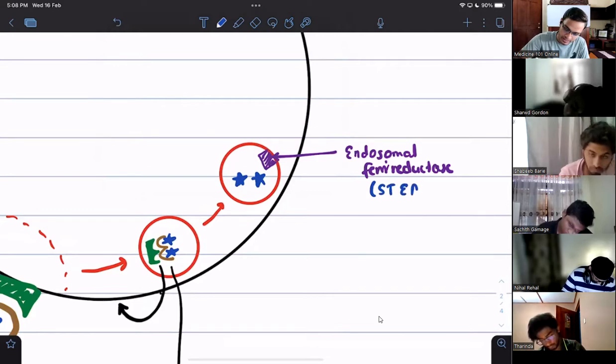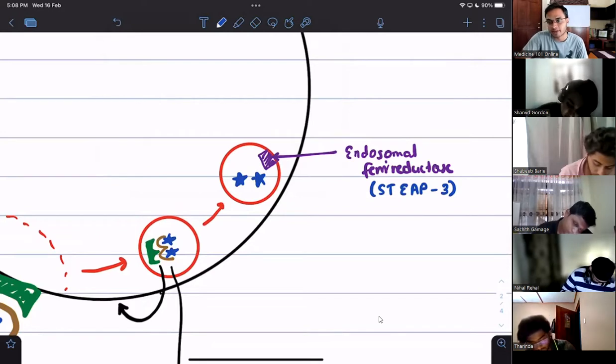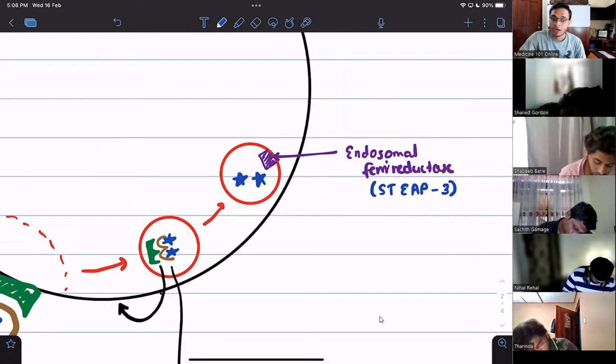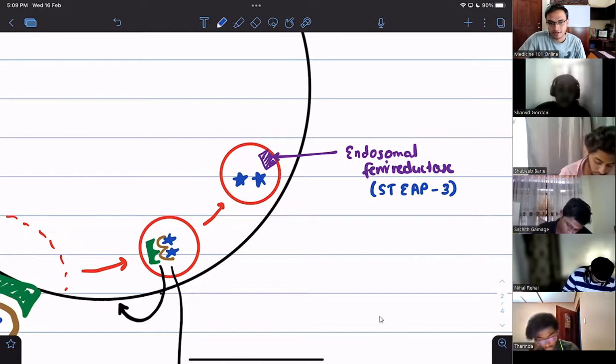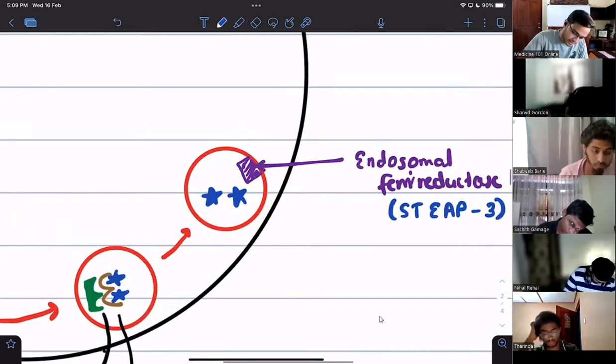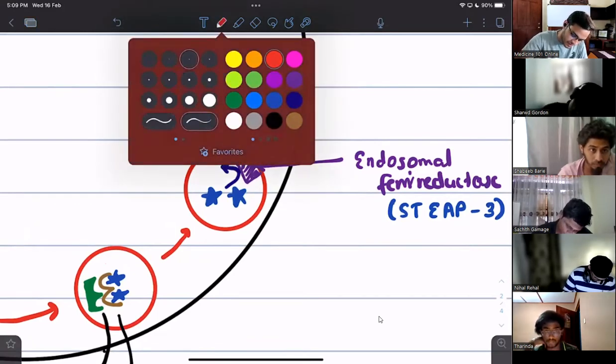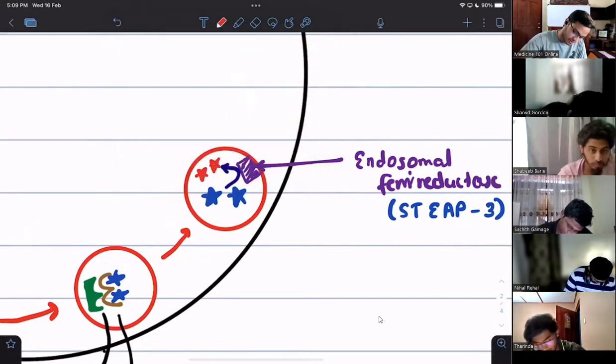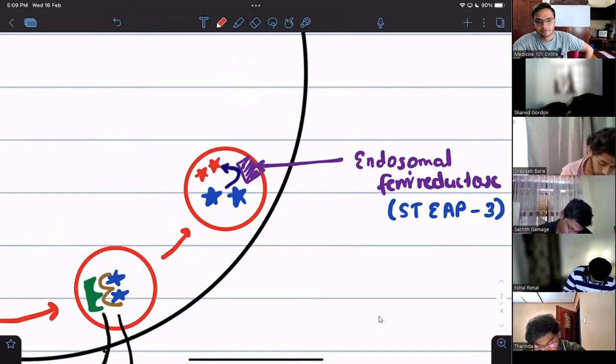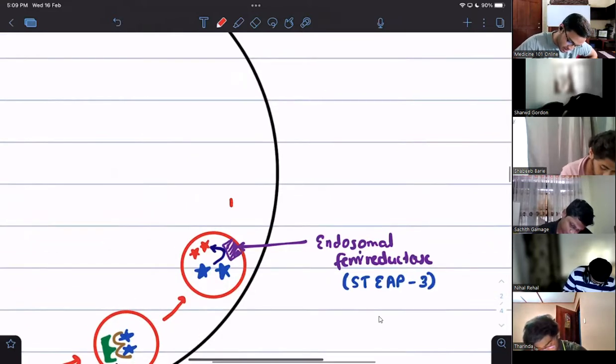This one, guys, it's given a special name basically from its gene, right? STEAP3. If you all want extra, you can go and read if you want. These are not for exams, guys. Not for exams. These are for research things, right? Right. So endosomal ferrireductase, what will it do? It will convert these into ferrous, right? Two ferrous ions there, right? Ferrous ions there, right? Then what happens, guys?